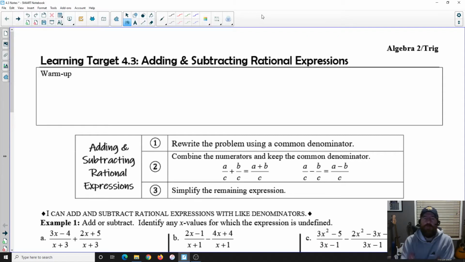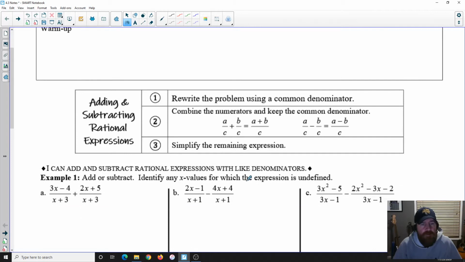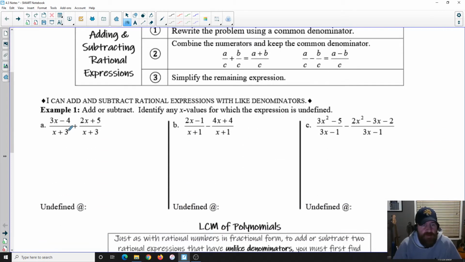In this video, we're looking at adding and subtracting rational expressions. So the thing we have to be comfortable with is adding and subtracting just fractions. We have to remember that when we're adding two fractions together, we have to have a common denominator. So in the first example, if we look at the bottom, we have the same denominator, so this makes it really easy. So we're combining these into one fraction